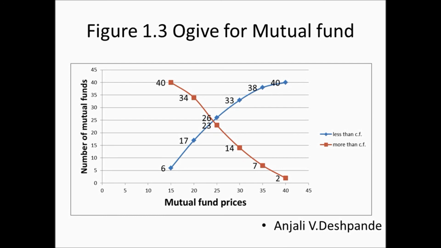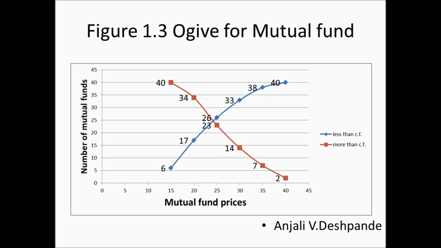So what is the use of drawing this curve? It helps us to see how many observations lie above or below certain values, rather than merely recording the number of observations within the intervals. So this cumulative frequency distribution is another method of data presentation which helps us in data analysis and interpretation. It is popularly called an ogive. That is the name.